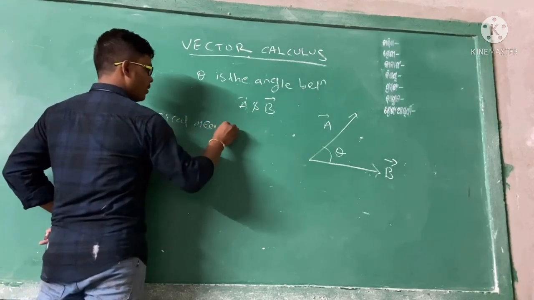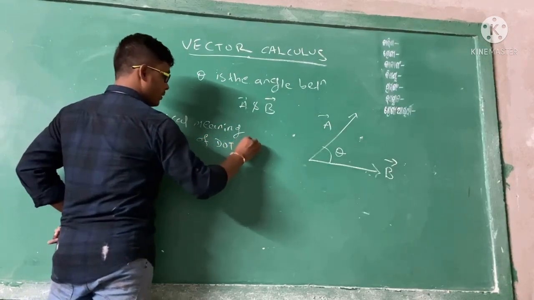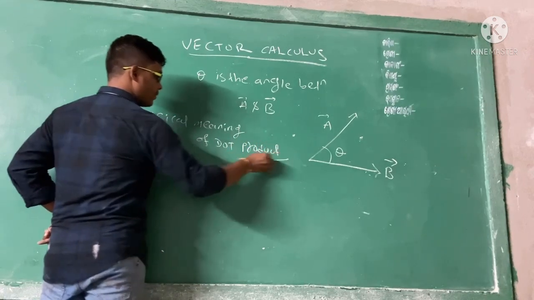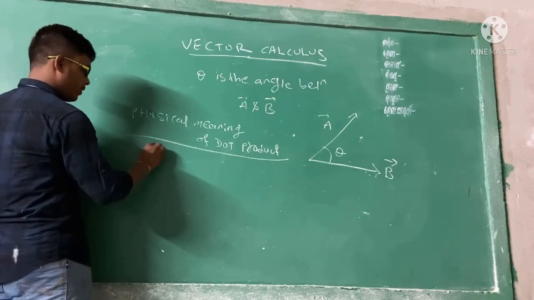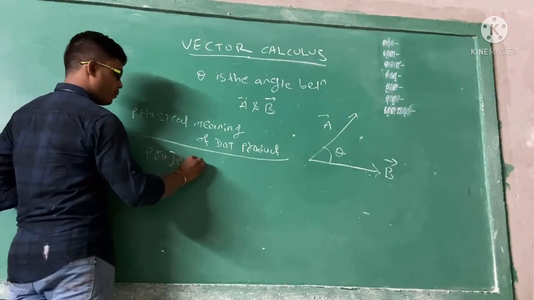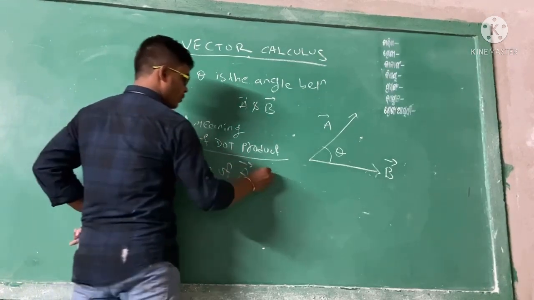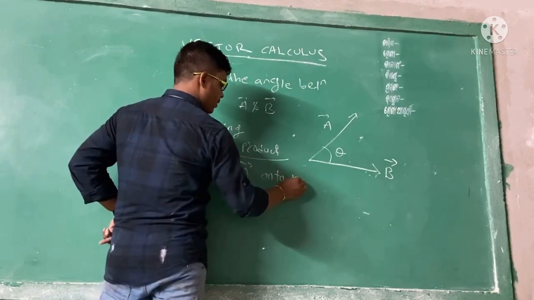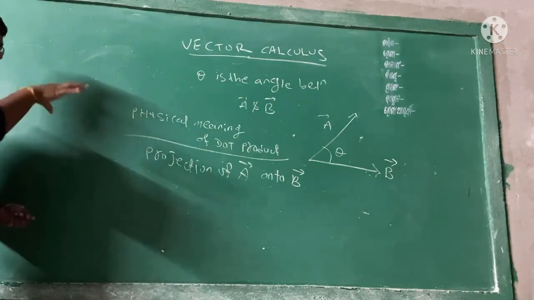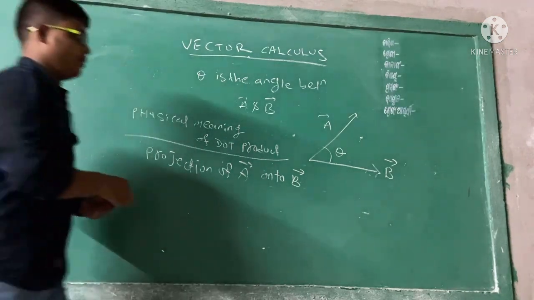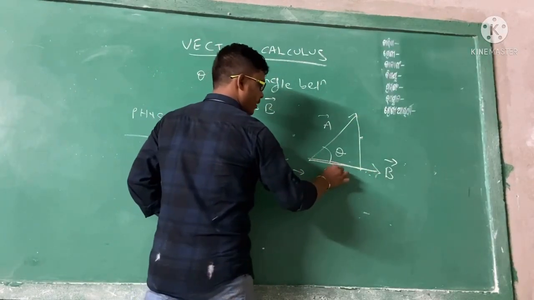Okay, so remember. So now, what is the physical meaning of the dot product? So you have to remember these two formulas. The physical meaning is nothing but the projection of vector A onto vector B. Remember, projection of A onto vector B. If you are writing a vector dot b vector, then the physical meaning is a vector projection onto b vector. If you are writing b dot a, that is different. So a dot b, so this is the a cos theta.